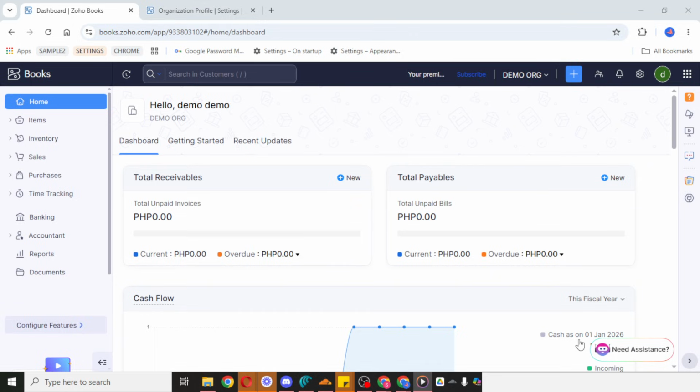Once you're inside Zoho Books, go to the Reports section. This area contains a wide range of financial and business reports, so if you're looking for sales data, this is the right place to begin. Click on Reports to open the full Reports menu and browse to the specific sales report you want to download.